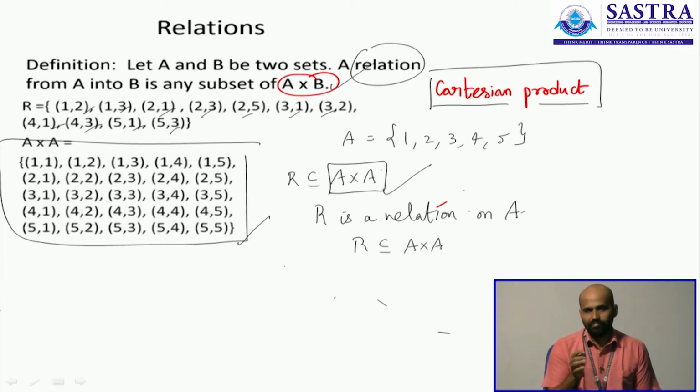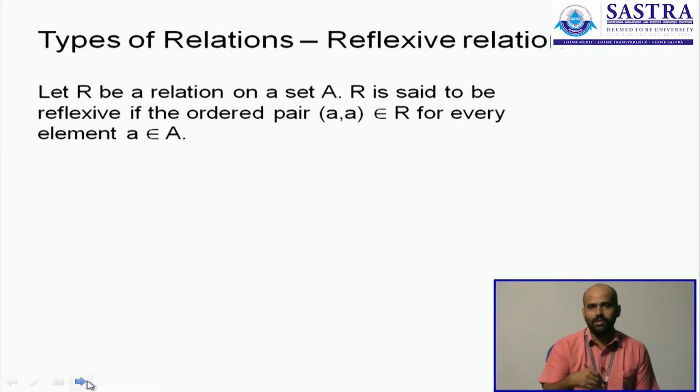So the fundamental idea has been established here. A relation is going to be a set, not just any set, it's going to be a subset. Now whenever I say subset, I also need to specify subset of what? Subset of what superset? And the superset involved here is the Cartesian product of A and A. So any such subset is going to be given the extra status of a relation. Now with that formal definition, let's go to the classifying of a relation.